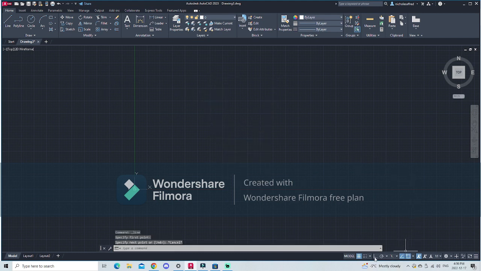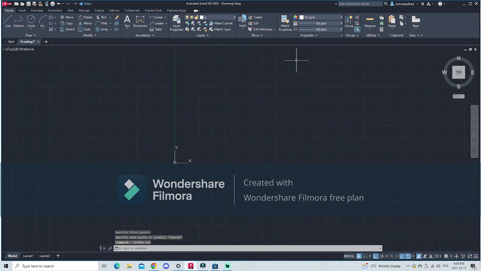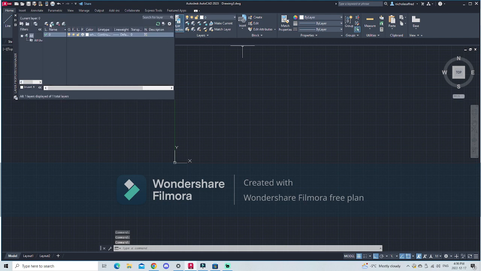Okay, firstly, we're going to make sure we're orthogonal. We're restricting it orthogonally so that we only go 90 degrees and 45 degrees, which makes it much easier for us to draw. So the first step in drawing our little office area is we're going to make a new layer by clicking layer properties and then this layer with the little sun. Click that, and we're going to call this floor plan office,